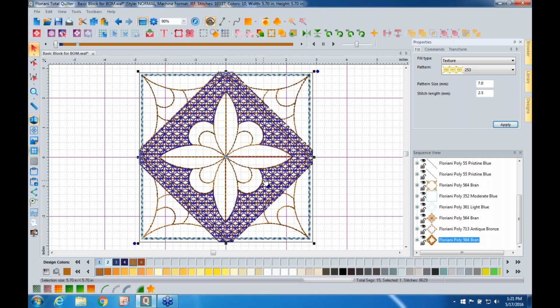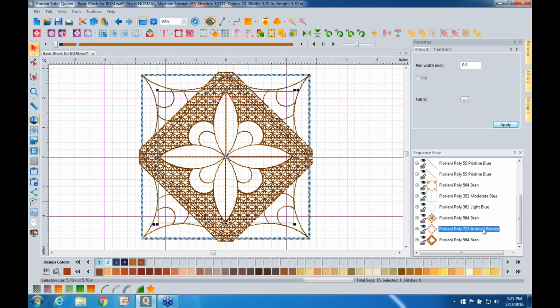What we're going to do now is get some other elements ready to help us stitch this out. So we're going to put in some placement lines and other things to help us stitch out our trapunto. So what we want to do is come back to our sequence view here and click on this flower outline. And remember, this is the copy that we made, so now we're going to use it. And we are going to convert this into a run stitch. And this is going to show us where to place down our trapunto batting so that we make sure that this area gets covered. Right now this is still artwork, but we need it to be a run stitch so